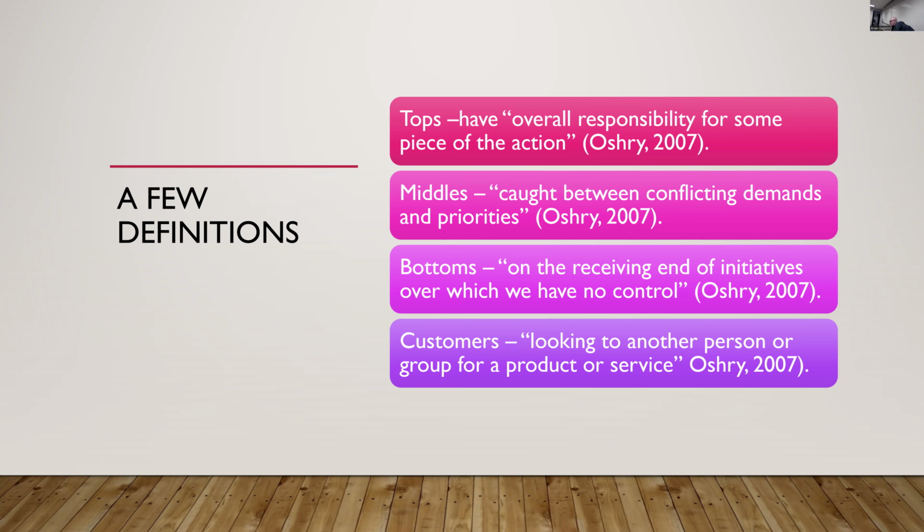We each are a top in some systems in our lives, middles in others, and bottoms yet in the rest, or maybe a customer. So I might be a top when we look at the system as this class as a system. I'm the professor. I would be the top. But when we look at Cleary University, I become a bottom. When we look at academics, I become a middle. And it's that same way throughout all the different systems I'm a part of.